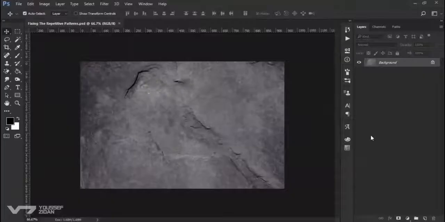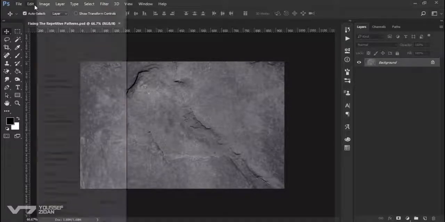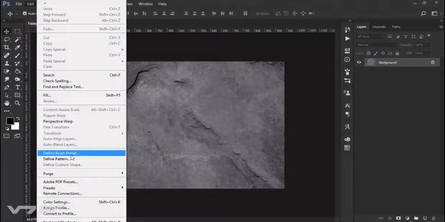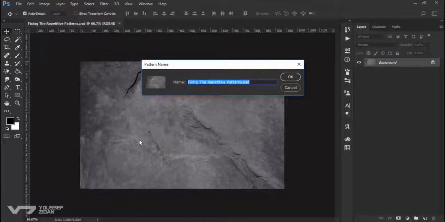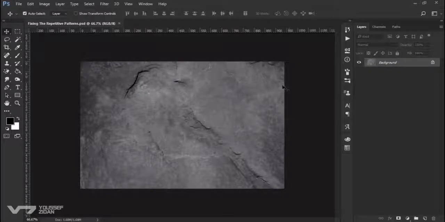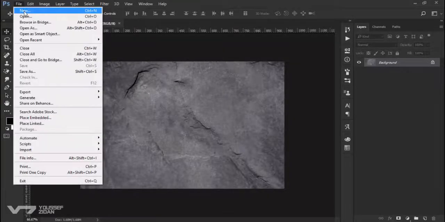In this video, I will show you how to fix the repetition issue when you make a pattern. Let's say, for example, you want to make a pattern from this image. So you go to Edit and define pattern, choose the name, and click OK. And now when you make a new document, especially large documents,